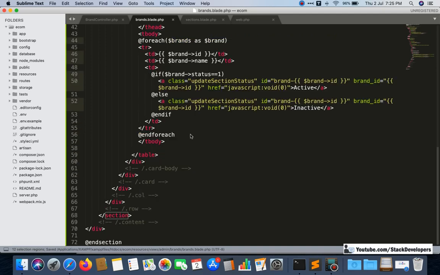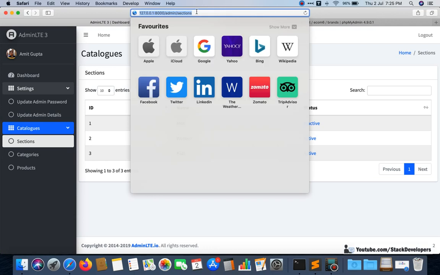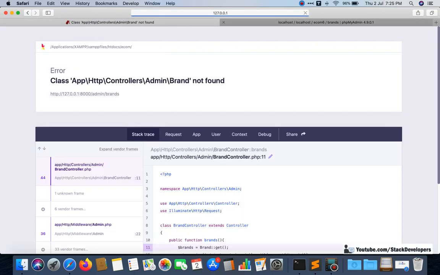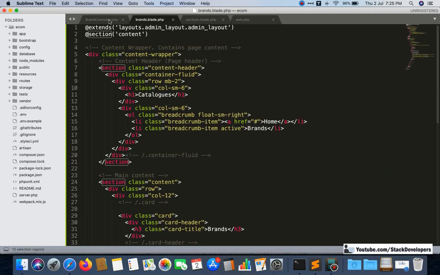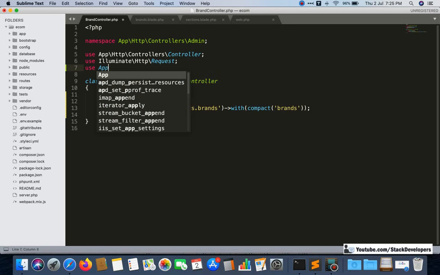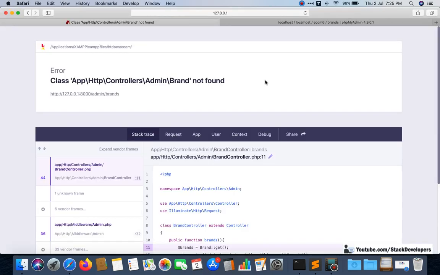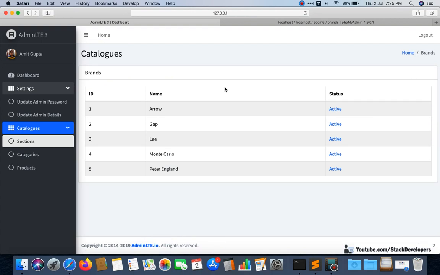Now I am going to check whether our brand page is ready or not, so I am going to open its URL. We have not included use App Brand here, which is required. Now we check once again, and you can see all the brands have come up here.